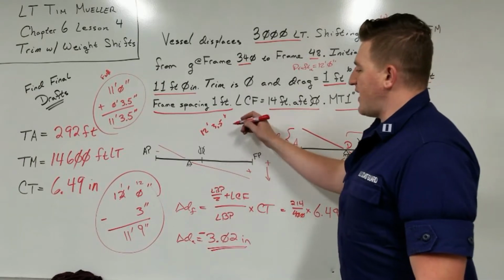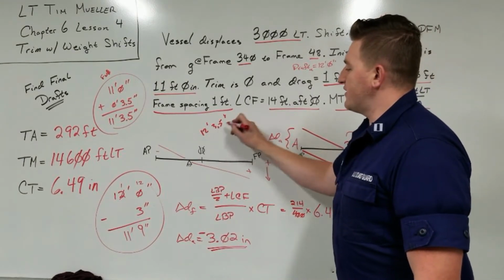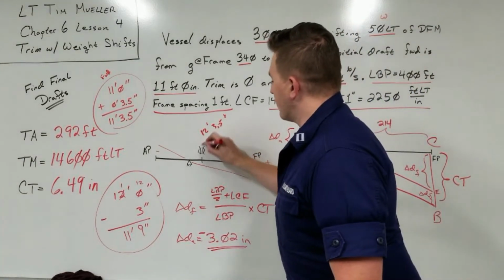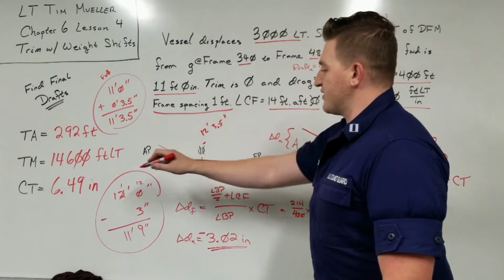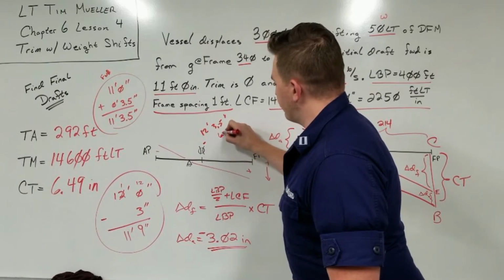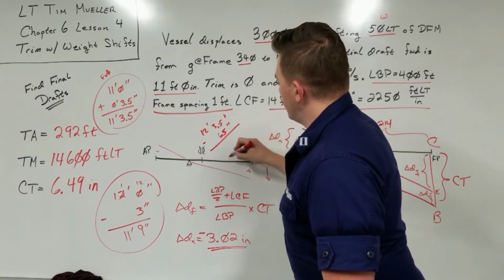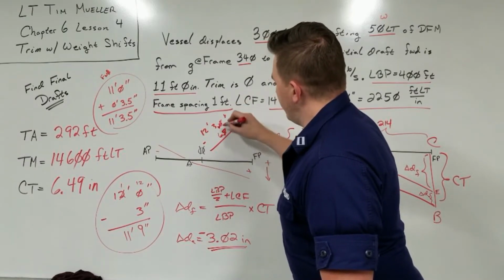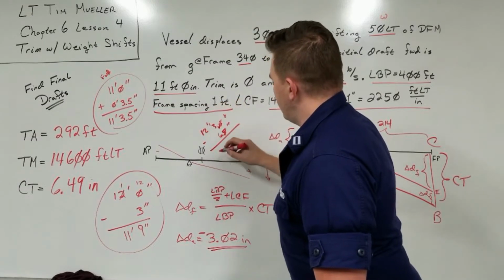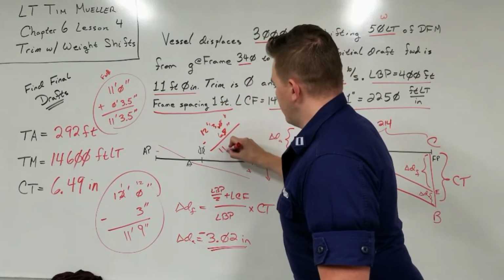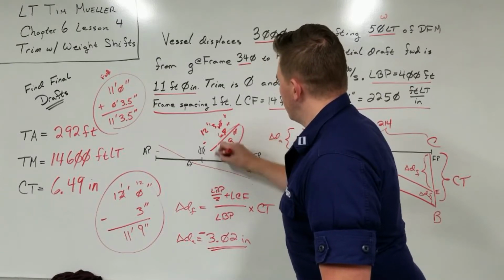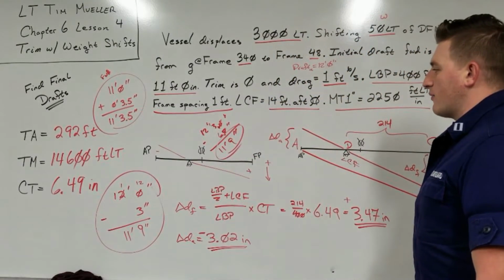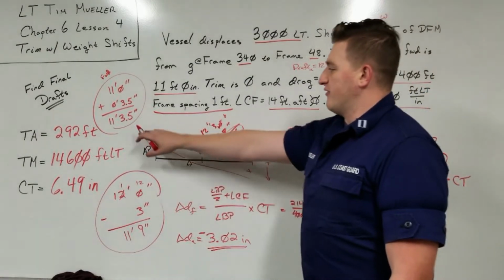So we have to subtract 6.5 from this to check our answer. So 12 foot 3.5 inches minus our CT, which is going to be 6.5. Cancel out the 0.5s. Then we have to move out another one here, and that's going to give us 11 feet 9 inches, which is exactly what we needed in order to check ourselves